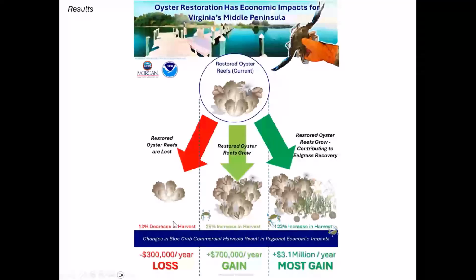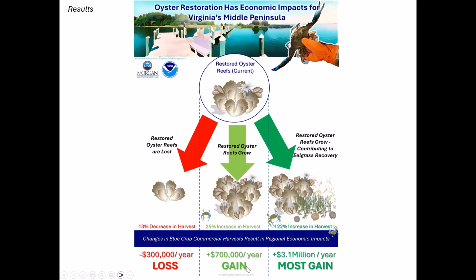So this doesn't account for all the other species that are harvested, but blue crab accounts for about 90% of the harvest values in this region. If we just look at the restored oyster and the value of that oyster restoration to the HFA, a habitat focus area, in the Middle Peninsula in Virginia, we expect a 25% increase in harvest compared to our present day. So this is allowing it to grow 20 years in the future. We expect a 25% increase in harvest. And that, if we translate it through InPlan, results in $700,000 more a year in the habitat focus area region